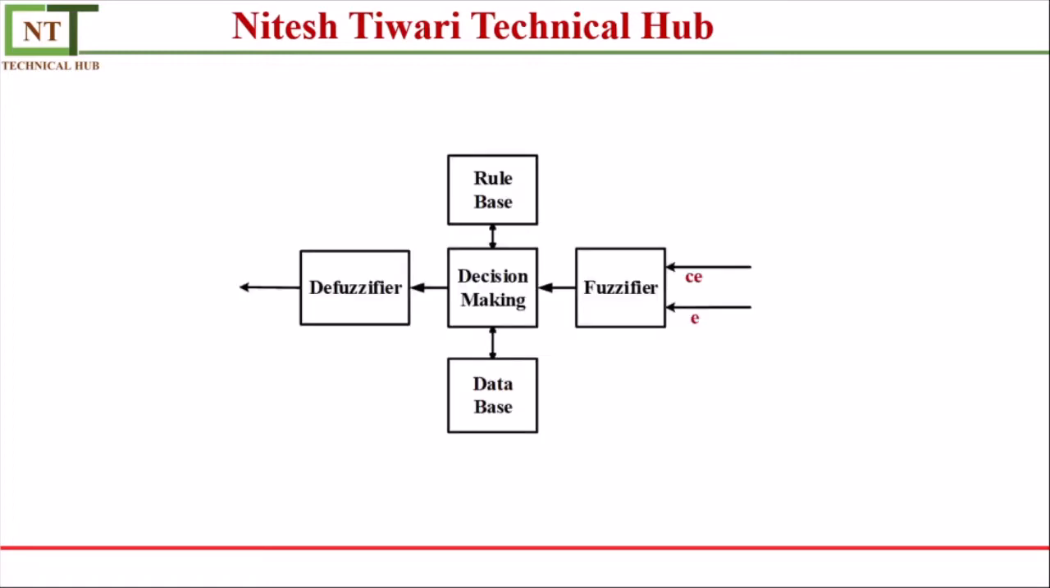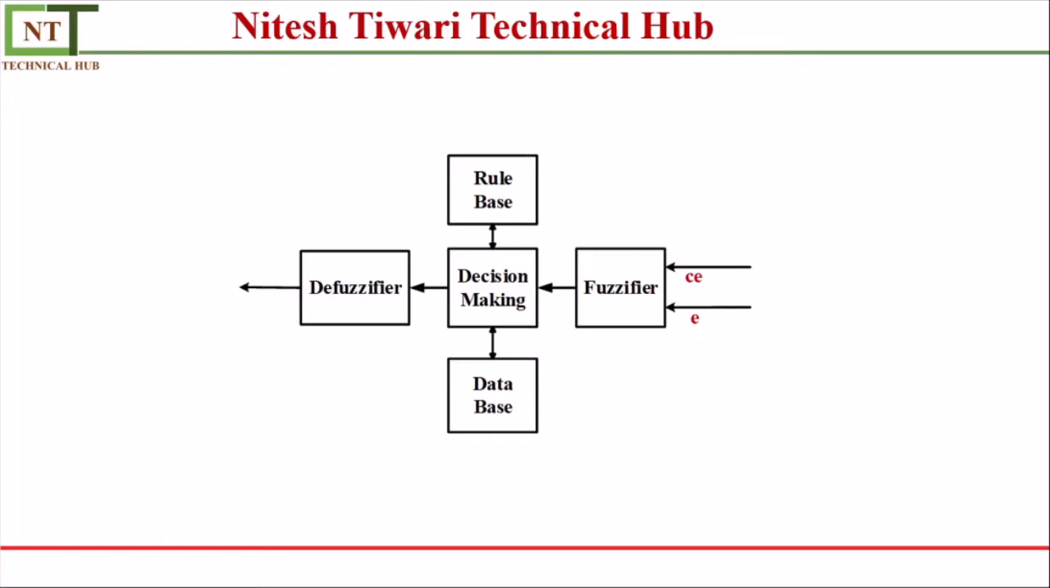So this is the basic block diagram of fuzzy logic controller, where you see you have these five blocks. Names are the fuzzifier, rule base, decision making, database, and defuzzifier. Input is coming into the fuzzifier and output is going out from the defuzzifier. The basics and the theory of this fuzzy logic block diagram you have to study in a book, and in this video I'm very much focused on how to make this fuzzy logic with the help of MATLAB